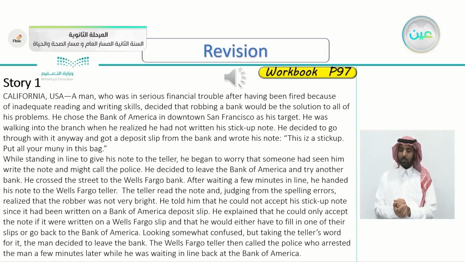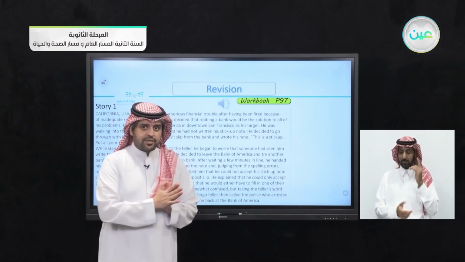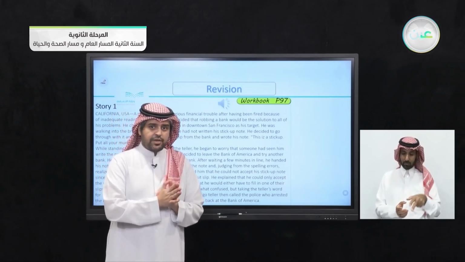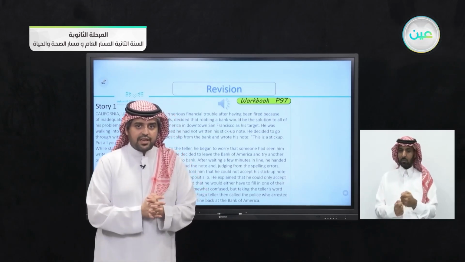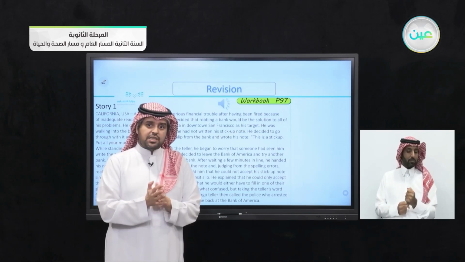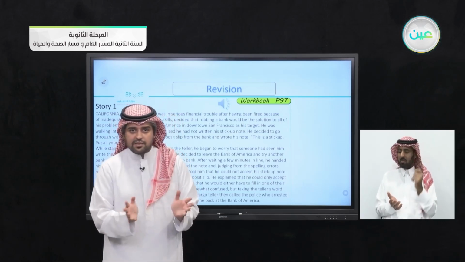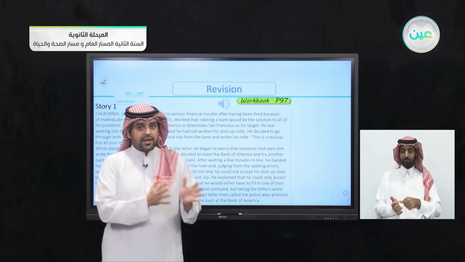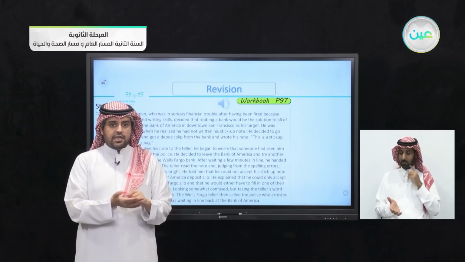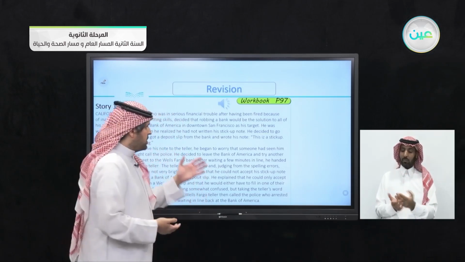So as the title suggests, the dumbest people here, this is a foolish criminal. He was at the Bank of America. He wants to rob the bank. What did he do? Of course, he doesn't know how to read or write, just a little bit. So he took a note from the floor in the Bank of America, and he wrote a threatening message. What did he write?